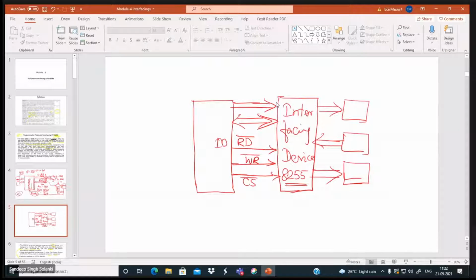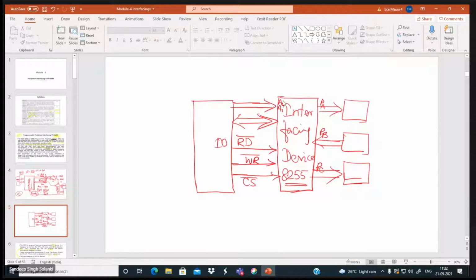And here you have the address line. It has only how many address lines? Two address lines, A0 and A1. And this offers 3 ports, port A, port B, and port C.